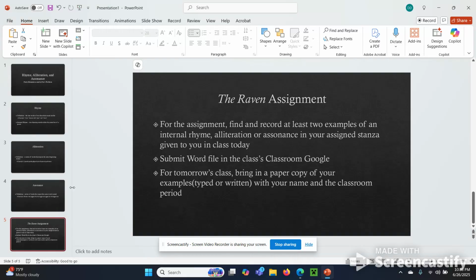Then bring a copy tomorrow, and if you want to, be prepared to share your examples in class. Tomorrow we'll go over more of this, and then we'll explore how these poetic elements were used by Poe to create a certain mood in the poem, how sound affected the mood of the poem. We'll explore that tomorrow. If you have any more questions, just